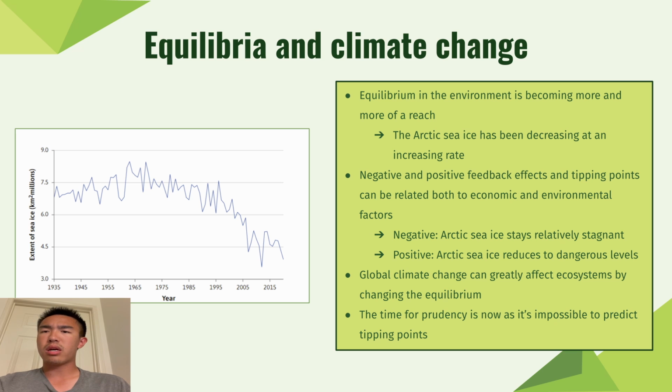As such, in economics, equilibrium can be both good and bad, as shown in some systems, like the Arctic sea ice, which has seen a decline over the last few decades, as shown in the graph to the left. This is due to global climate change negatively affecting previously healthy ecosystems. To go more in depth about the Arctic sea ice example, two things can happen: positive or negative feedback.